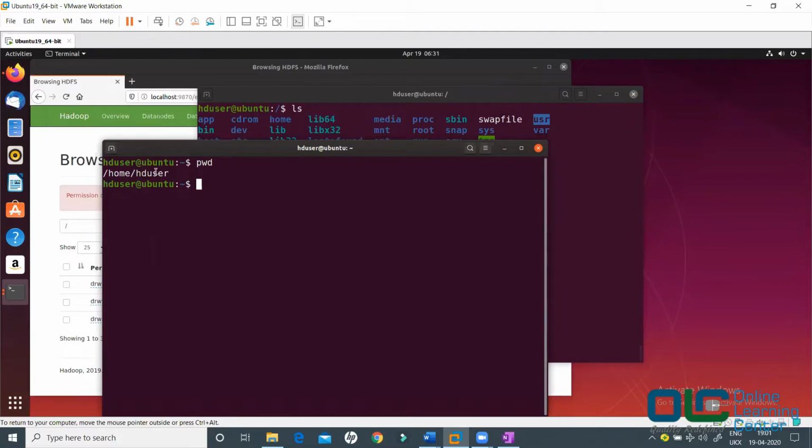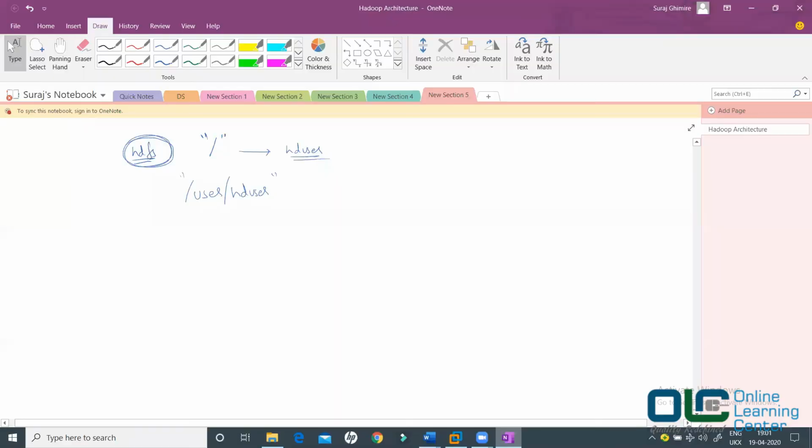When I said pwd, it gave me /home/hduser. So this is Ubuntu. Now if you move to Hadoop HDFS, then instead of /home, you'll have /user, and inside that you'll have all the folders.